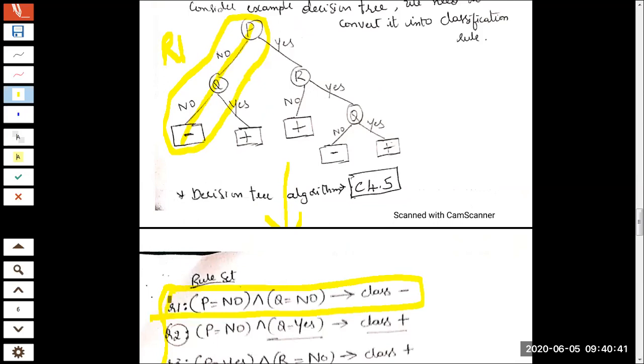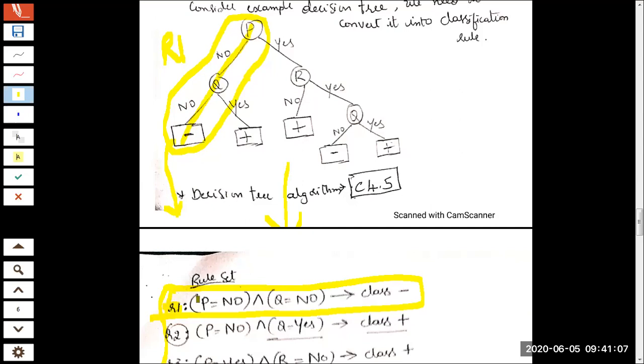Starting from the root to the first leaf node, whichever branch was there has been represented as a rule. So a branch of a decision tree has become a rule. If you just go through it, it's a very simple representation, you can see. So rule number we have marked. You know the general form of a rule. First you should have a rule number, after that a colon.